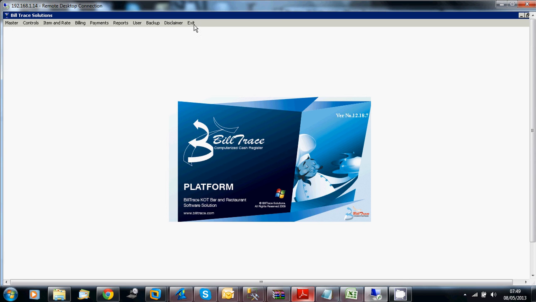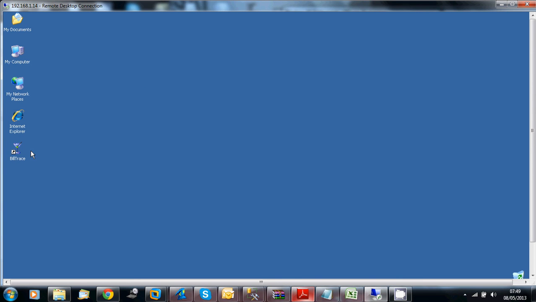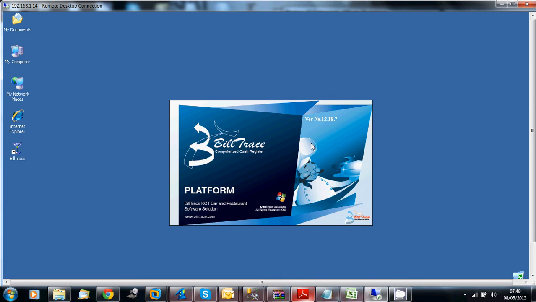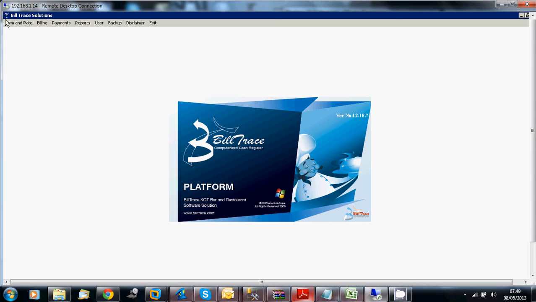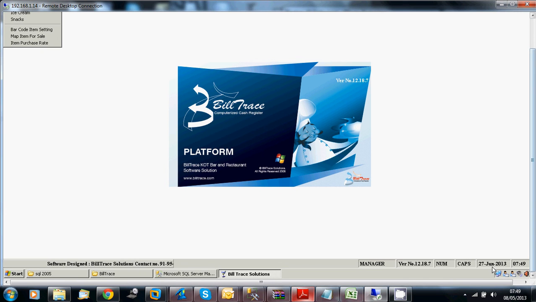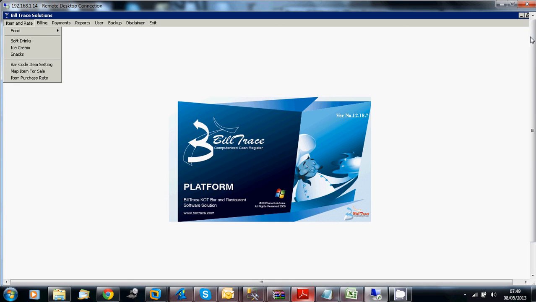Just log out, check one of the users, say exit. Now it is showing that there are 3 users. Now I am going into the password; the default password is 123. Just say OK, because the system date is 5 and this operating system is showing 27 June because this is the software date.